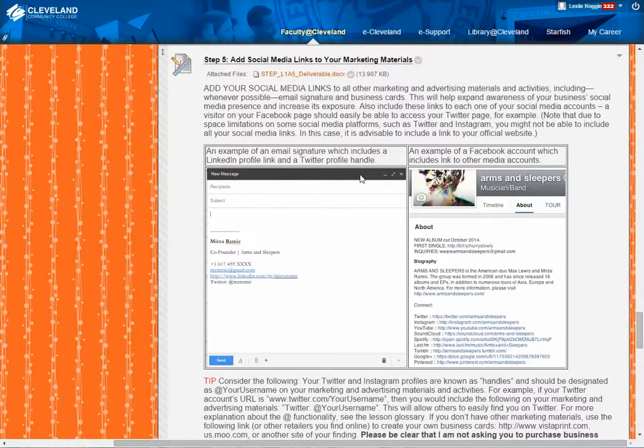So moving on to step 5, you have created and linked your 3 social media accounts. The next step is going to be to add your social media links to your marketing materials. Basically, the point here is that you want everything to be consistent. You want your social media accounts to be linked pretty much everywhere. You want it to be as easy as possible for any customers or clients or anybody that you have contact